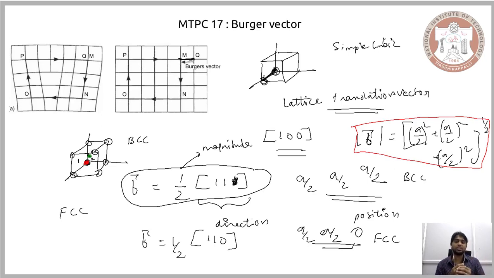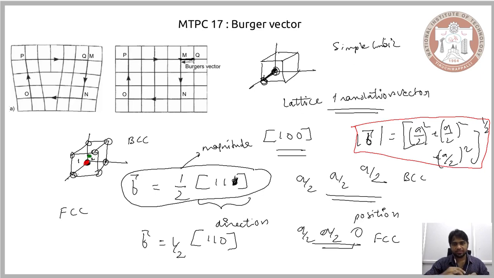So based on this magnitude of the Burgers vector, you can say where we can find the amount of distortion where it is higher. So the magnitude of the Burgers vector helps us quantify the amount of distortion, and identify and realize where this distortion that is brought about by the dislocation is higher.